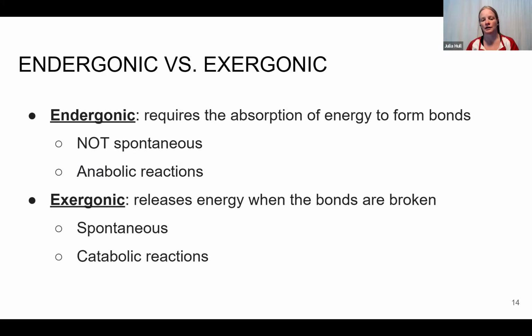In an exergonic reaction, though, these are catabolic. We're going to take our polymers and break them apart into our monomers. That releases the energy in those chemical bonds. And this is spontaneous. And remember that when we're talking about the chemical context of spontaneous and non-spontaneous, this means that it will happen eventually on its own. It's just, will the speed of that reaction happen in a time frame that's meaningful for biological systems? And usually the answer is no, it won't.